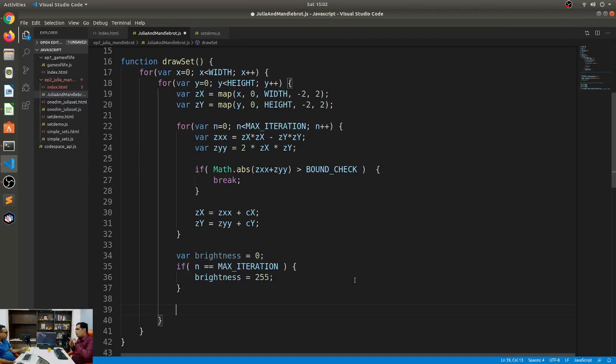Okay. Now I need to convert this back into pixel data. Remember, we are converting a two-dimensional x and y coordinate into something that is single dimension.